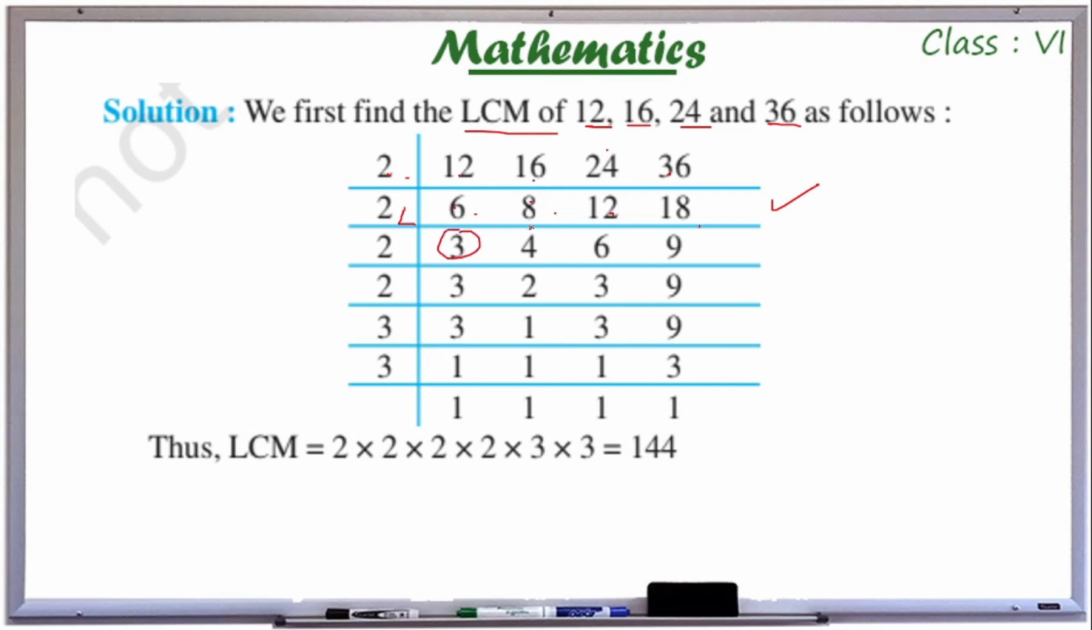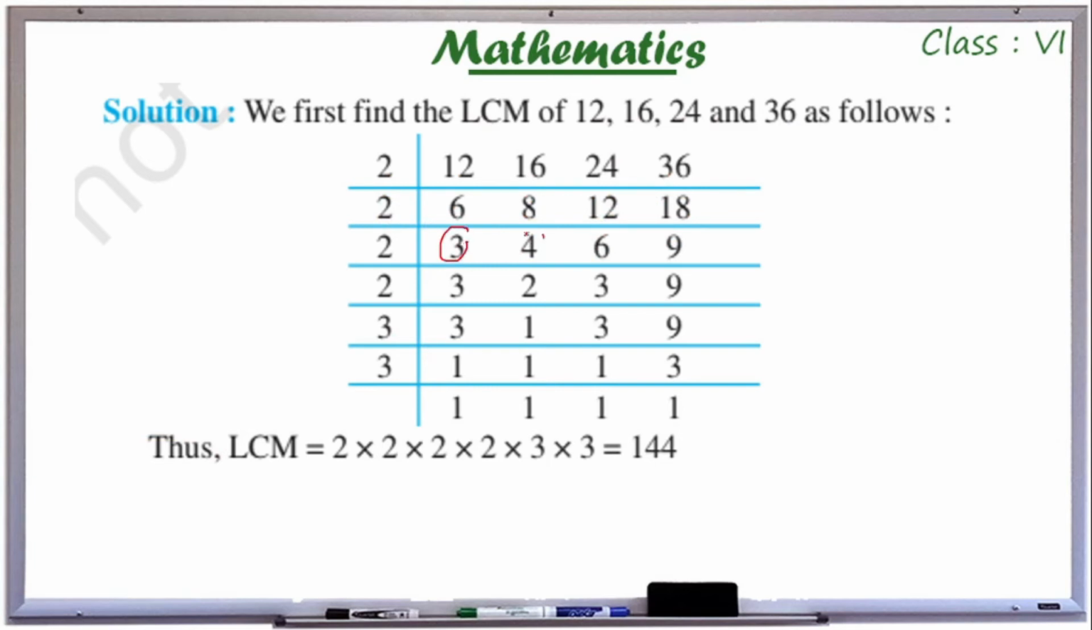Then 8 by 2 is equal to 4. 12 by 2 is equal to 6. And 18 by 2 is equal to 9. So the next step is also over. Then continuing to the next one,